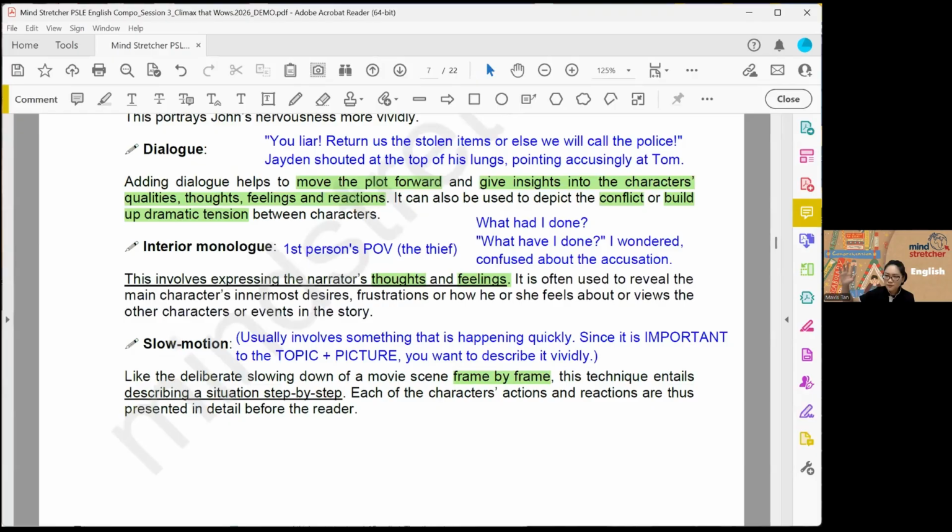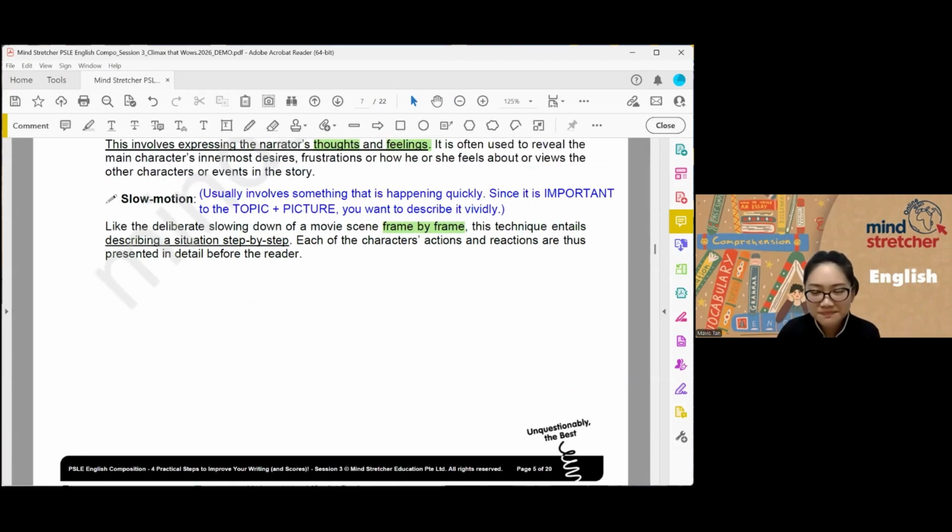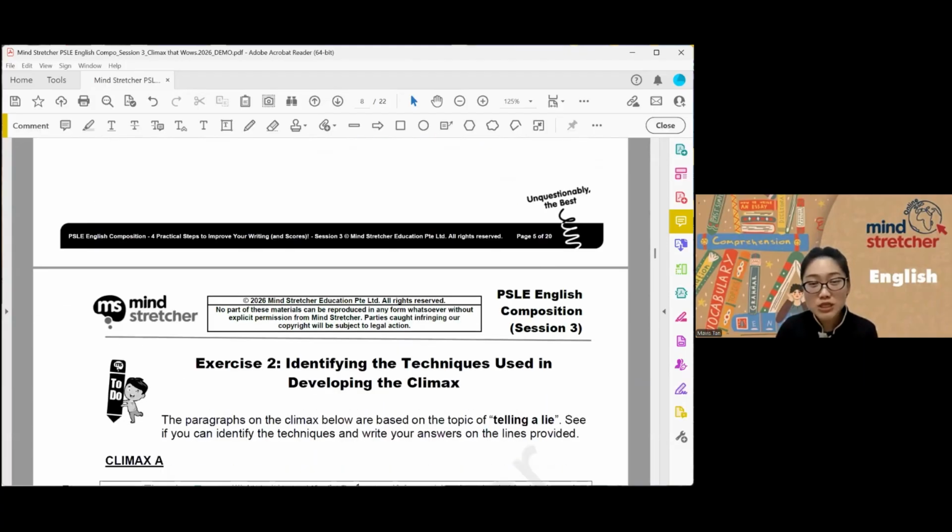How forceful? Did he swing his body back first? Did he swing his body back first and use the strength of his whole body to land that slap? Okay, I'm not sure. So we want to show the impact. Okay, it's not wrong. It's grammatical, but we can make it slower.